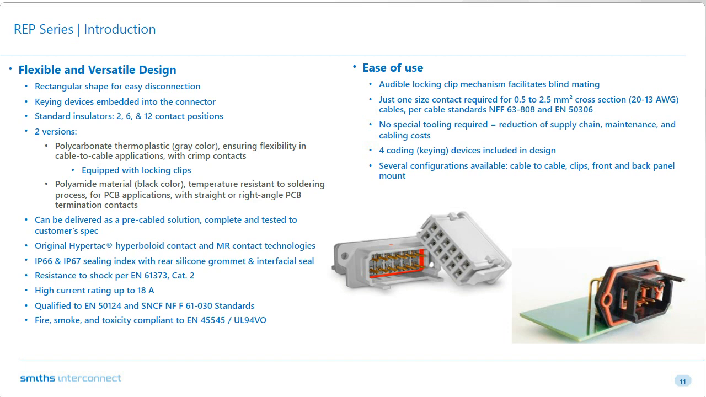Now, this particular product comes with 2 different types of contact technology. The hyperboloid contact technology, which I talked about in my previous slide, and there is another reliable contact technology called the MR contact technology. It comes with IP66 and 67 sealing index with a rear grommet, and in the next slide I will elaborate a little bit more about why it is so important in an HVAC application for this sort of ingress protection. Its resistance to category 2, high current carrying capacity of up to 18 amperes, qualified to various different